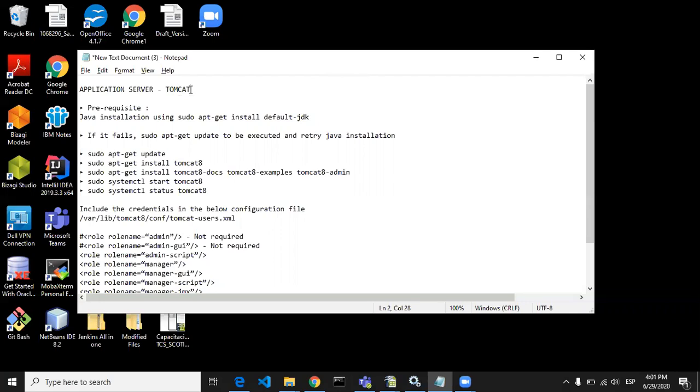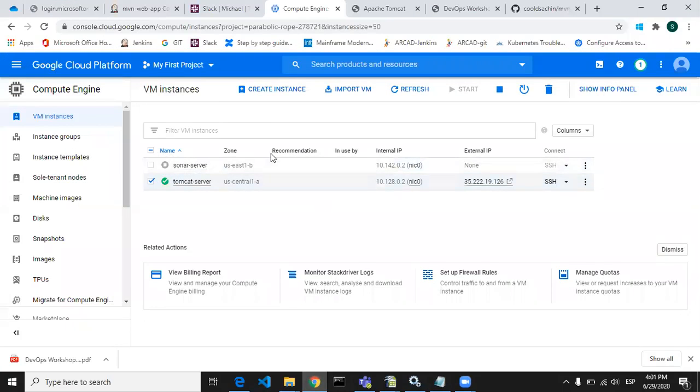Okay. So you can install Tomcat on your local Windows machine, or like me, I have installed Tomcat on the cloud. This is Google Cloud Platform. I have created an instance as a VM instance, and I have installed Tomcat onto that virtual machine instance. Okay.